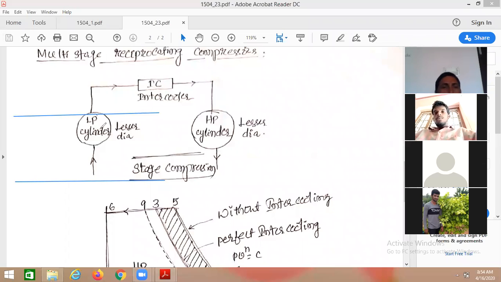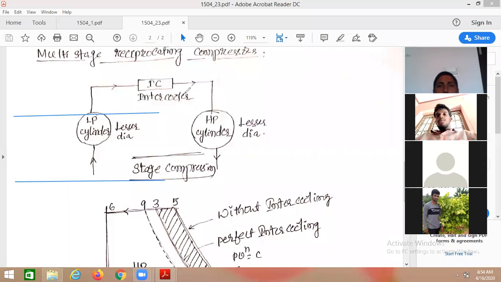After compressing the air in the first stage, that is in the LP cylinder, maybe to 4 bar, corresponding to the 4 bar rise of pressure there will be a rise of temperature also. After sending it into the intercooler, the rise in temperature on compression will be reduced. Theoretically, the temperature drop will be the same as that of the air entering the LP cylinder. In the intercooler, by rejecting the heat available with the compressed air, there will be a storage of something like cold oil.